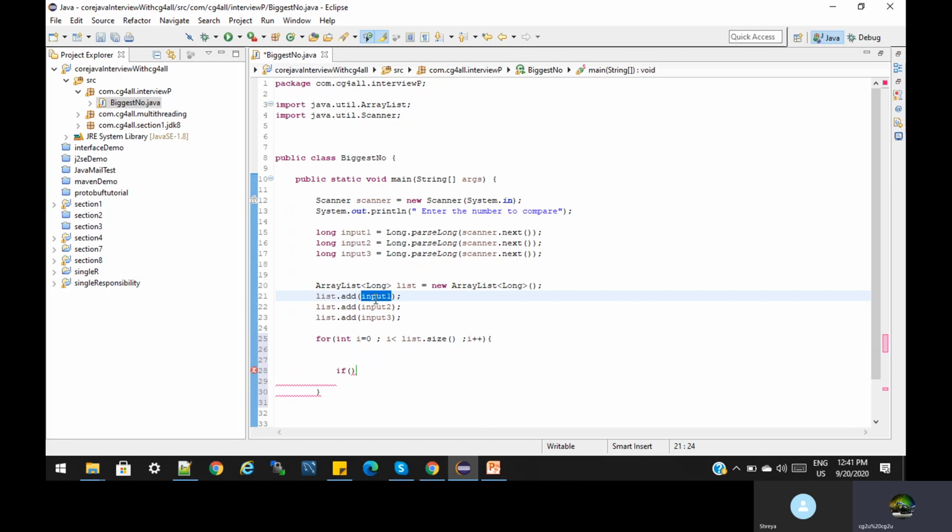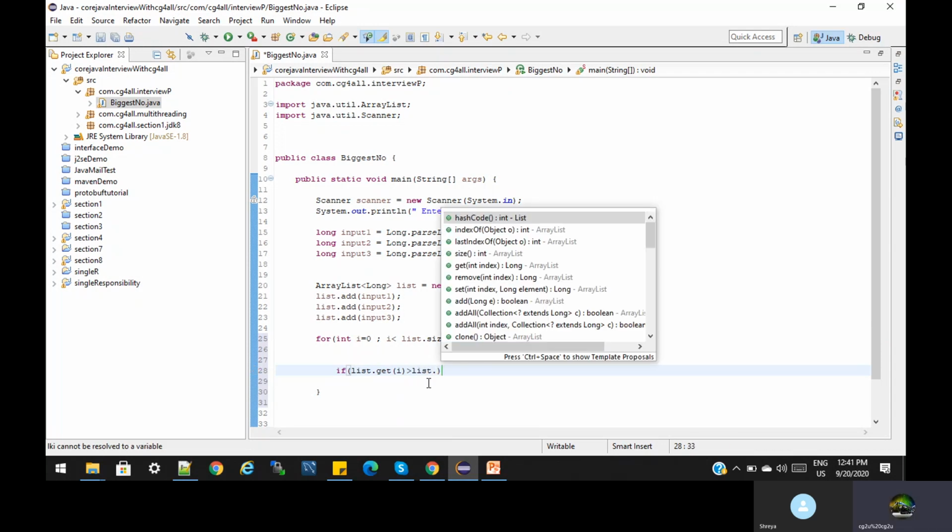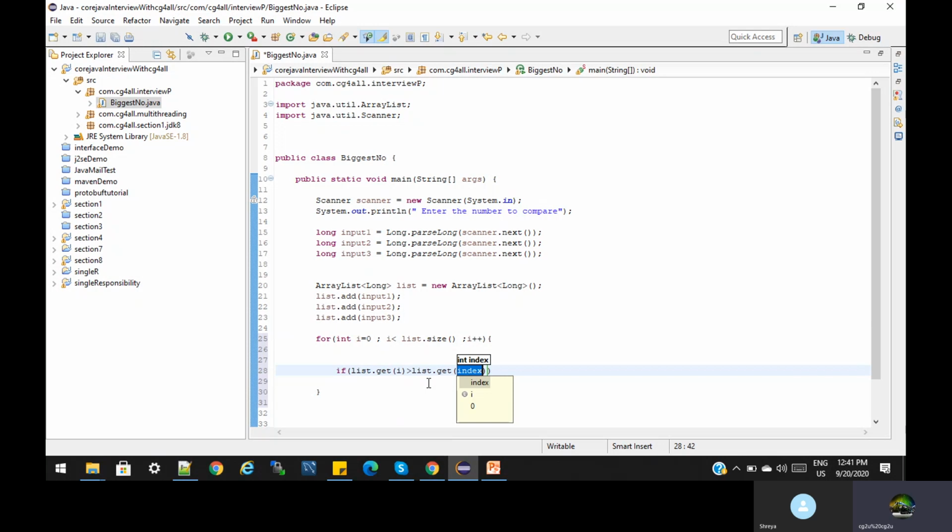So if list dot get of i should be greater than list dot get of 0. To store it, no need to take an extra variable. I am defining it like this. Okay.